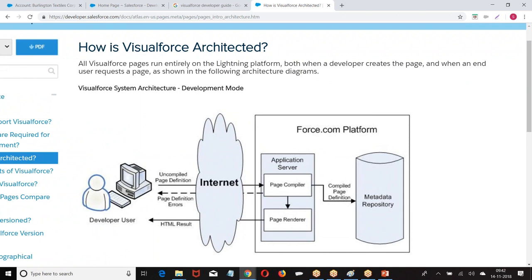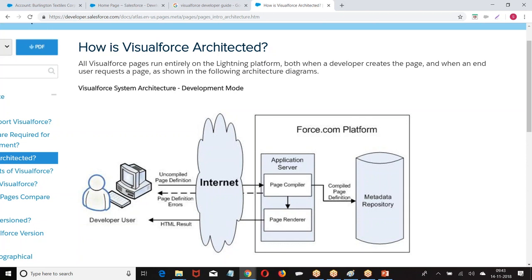If you look at the Visual Force, now generally how many types of servers we have? Web server and application server. If we use web server, what type of applications we can run? Only web applications. Now application server will support web applications and enterprise applications. If you go for web server, only web applications we can run.